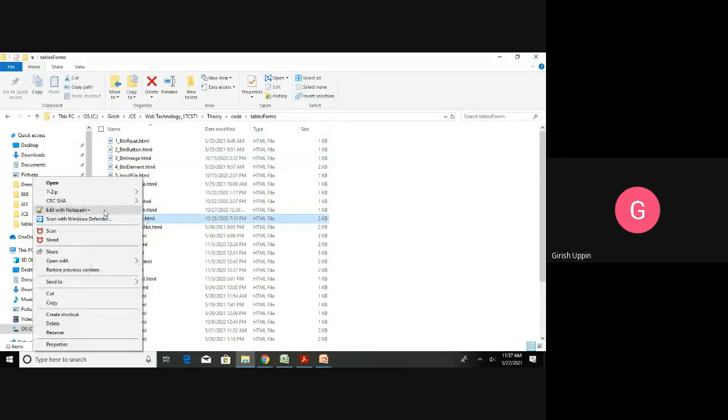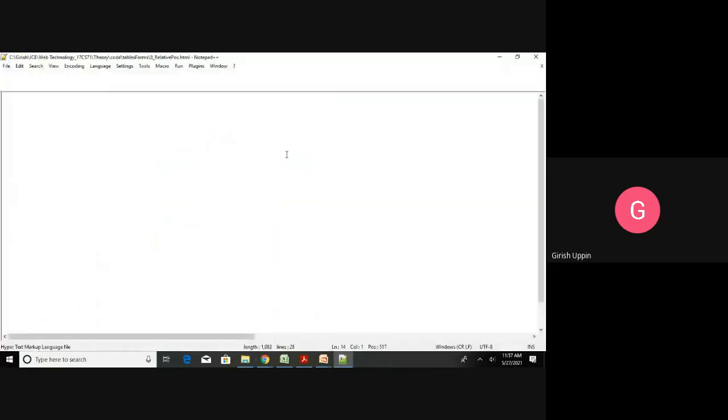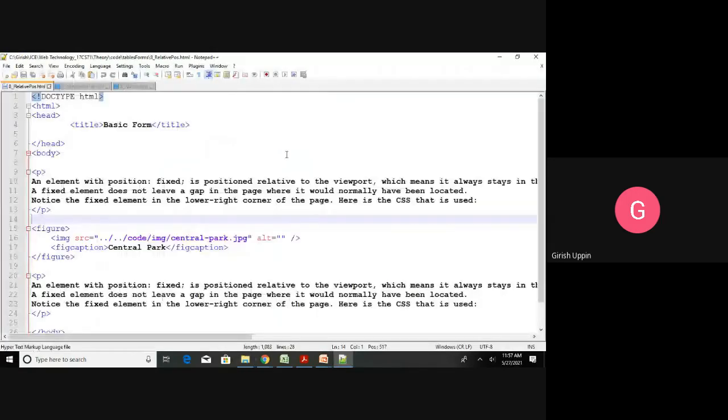I think this is the normal flow. We did not specify anything here. So this is this HTML document. We have head and the body. The head has a title. Inside the body, I have one paragraph. It starts here. It has some content. Then I have one figure. Inside the figure, I have one image and a figure caption for that figure. Then I have one more paragraph and the closing of the body.